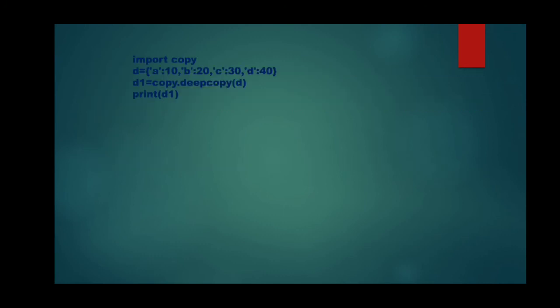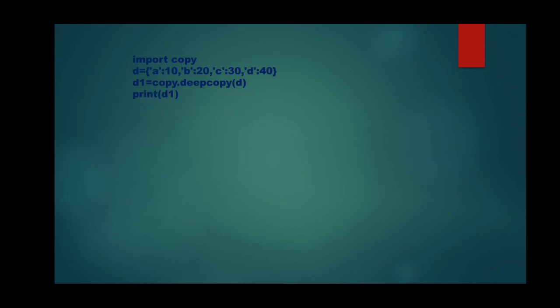Okay. Now let's see the example. First of all, a module is imported. Then I have written D is equal to A 10, B 20, C 30, D 40. And I have created a deep copy. D1 is equal to copy dot deepcopy D. The deep copy of D is created in D1.